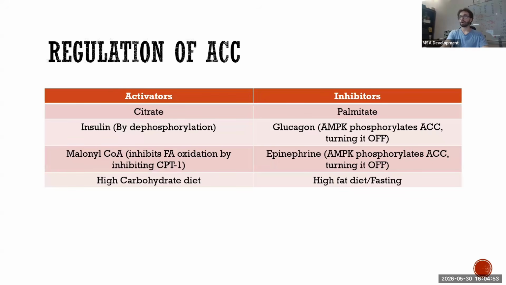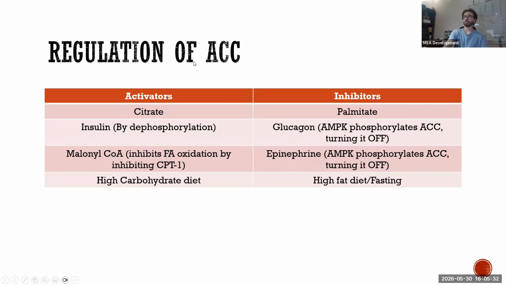So because of what I just said, I think you will be able to deduce that when there is insulin, meaning we just ate, we are full, we have a lot of sugar to the point where insulin is being secreted, it will activate acetyl-CoA carboxylase. Why? Because we want to turn this extra energy and sugar into fatty acids, which will be stored. However, when we have glucagon, meaning we are hungry, we need sugar, glucagon is being secreted, in that case, we will inhibit acetyl-CoA carboxylase because we don't have energy to make fatty acids. We want to break down the fatty acids, if anything, to get the energy from them.